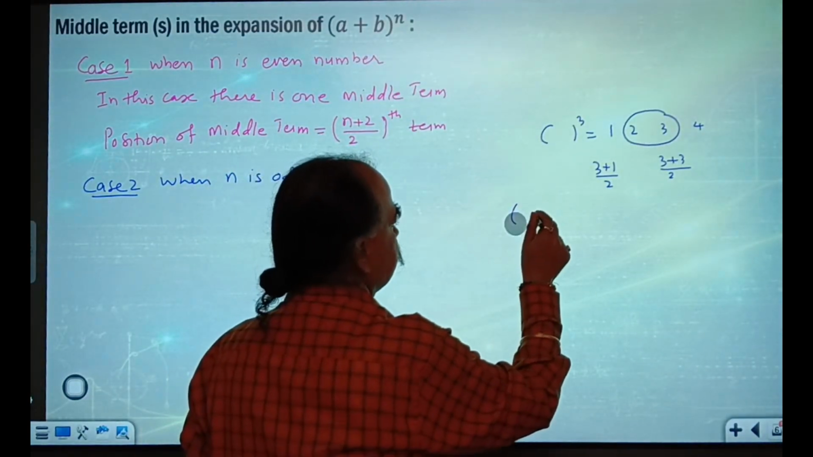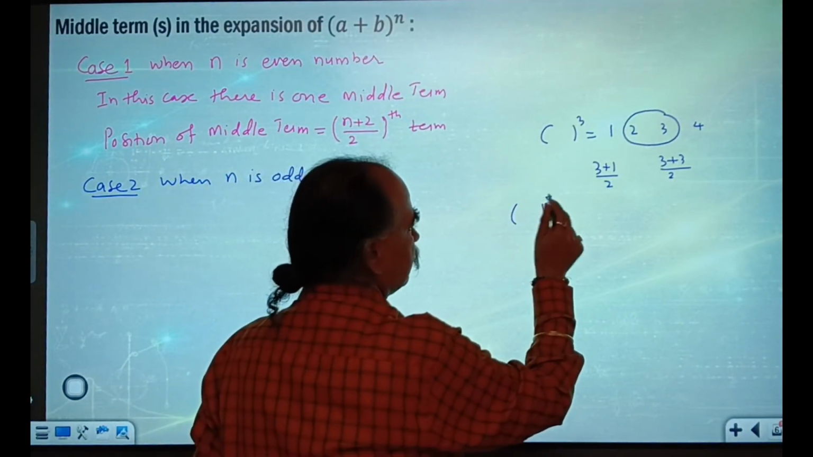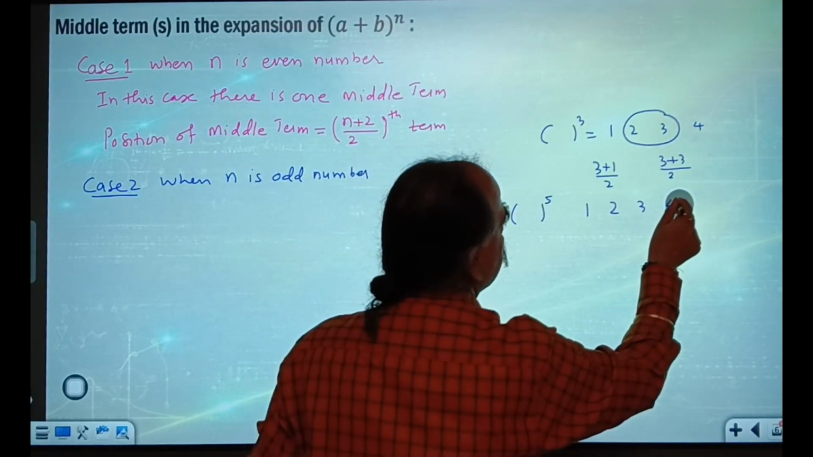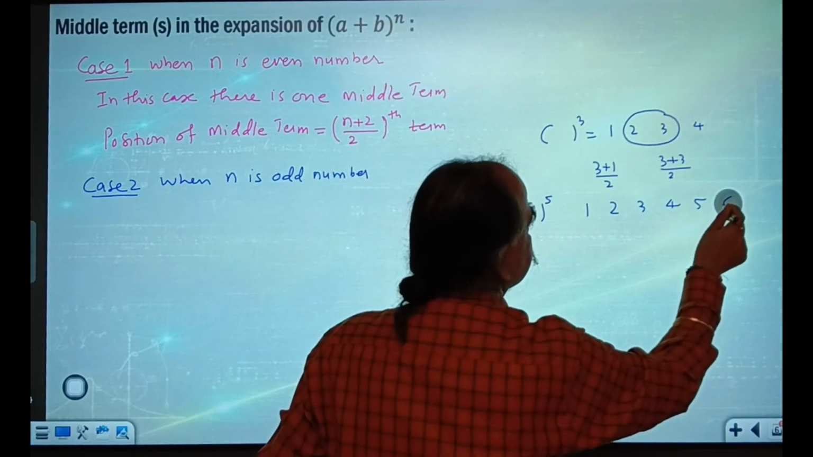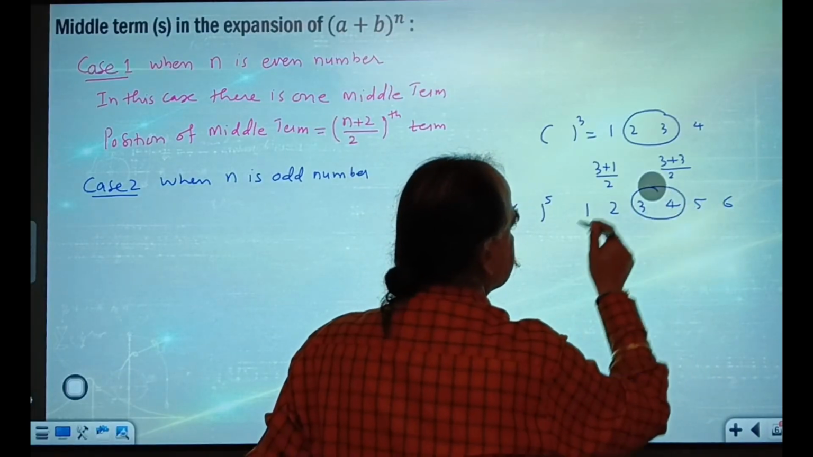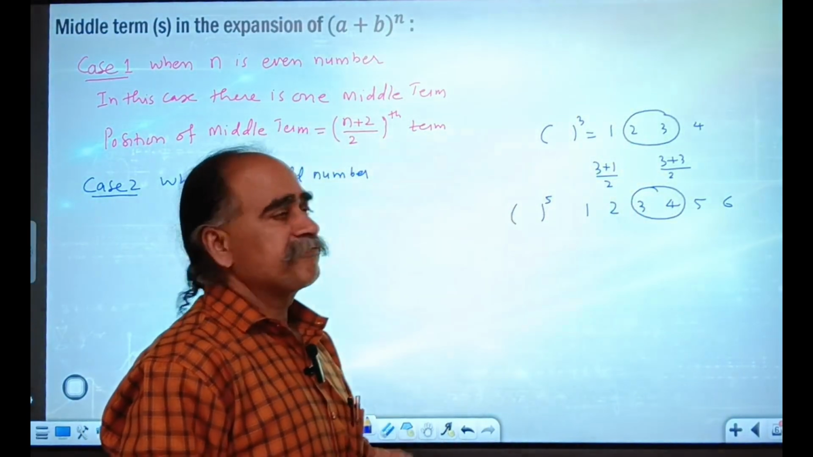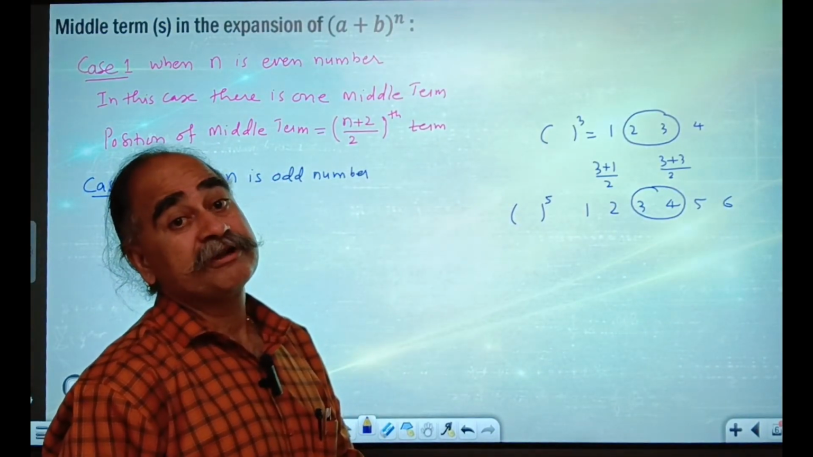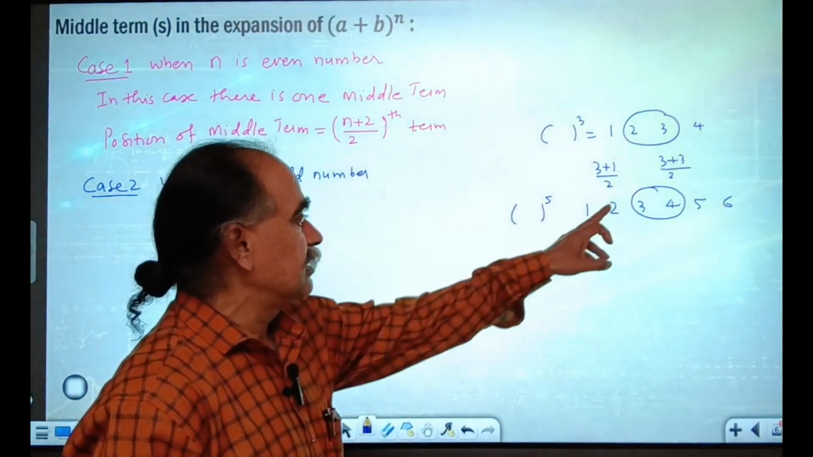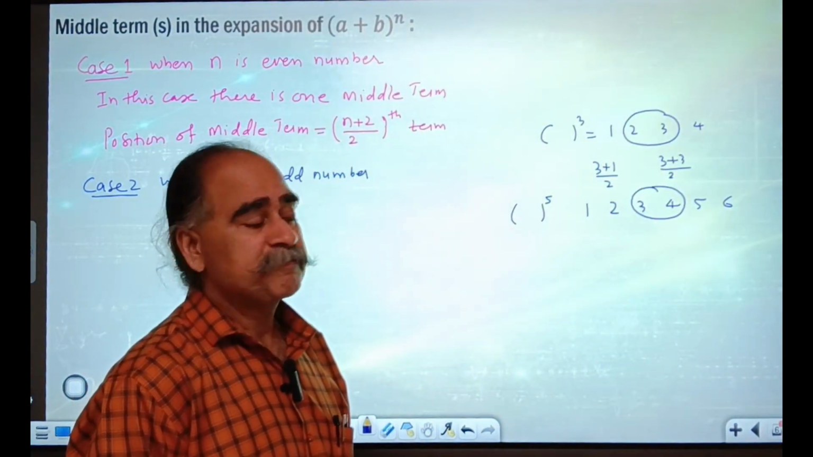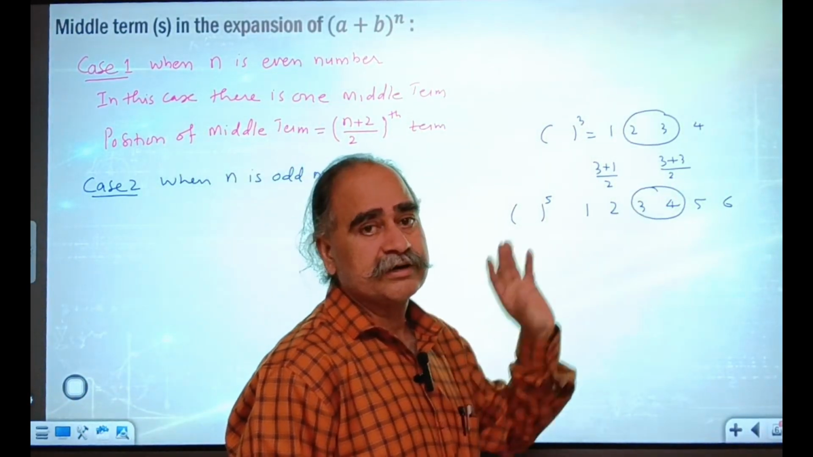If power is 5, then there are 6 terms: 1, 2, 3, 4, 5, 6. There are 2 middle terms, third and fourth. In power 5 you add 1. 5 plus 1 is 6, divided by 2 is the third term. In power 5 you add 3. 5 plus 3 is 8, divided by 2 is